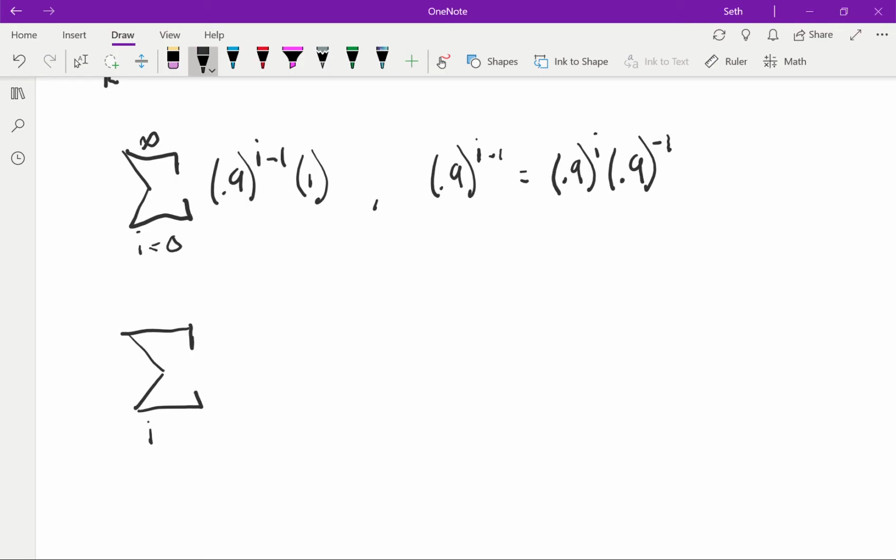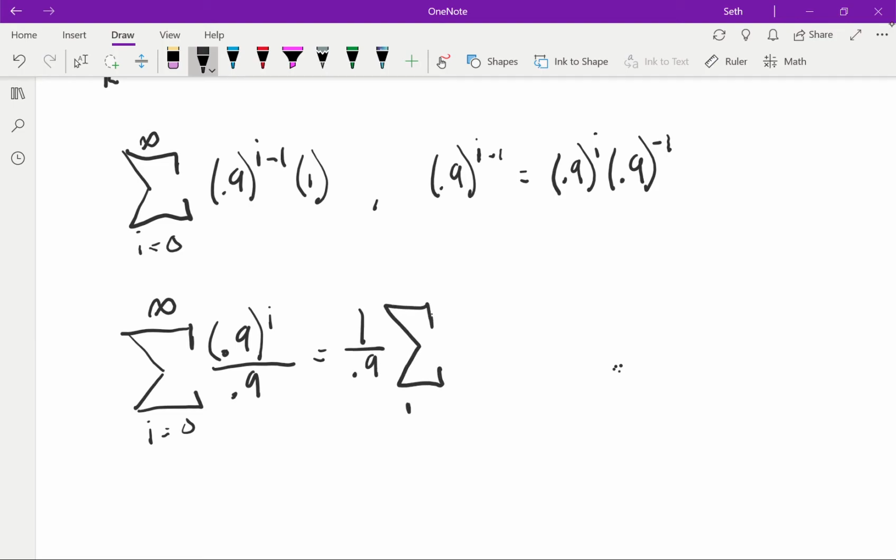Now we can write the summation from i equals 0 to infinity of 0.9^i. 0.9 to the negative 1 is just 0.9, so we get 0.9 times the summation from i equals 0 to infinity of 0.9^i, and now this looks like something we've covered in this class. That's the geometric series,